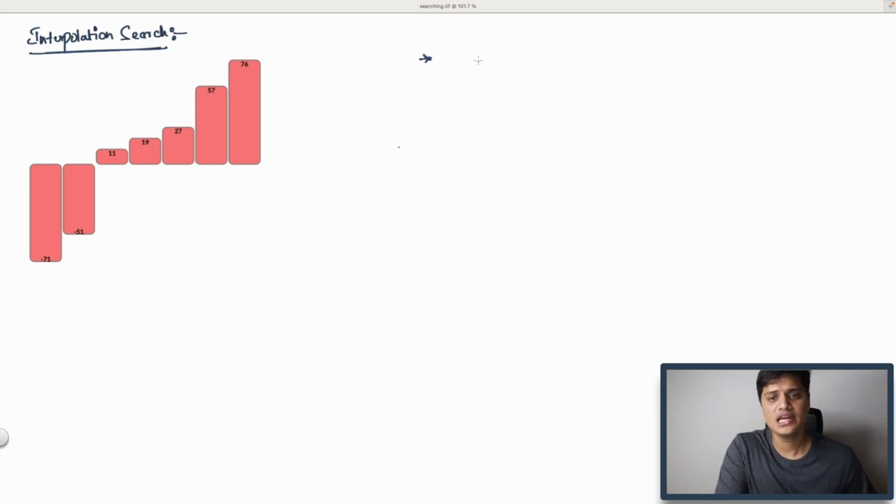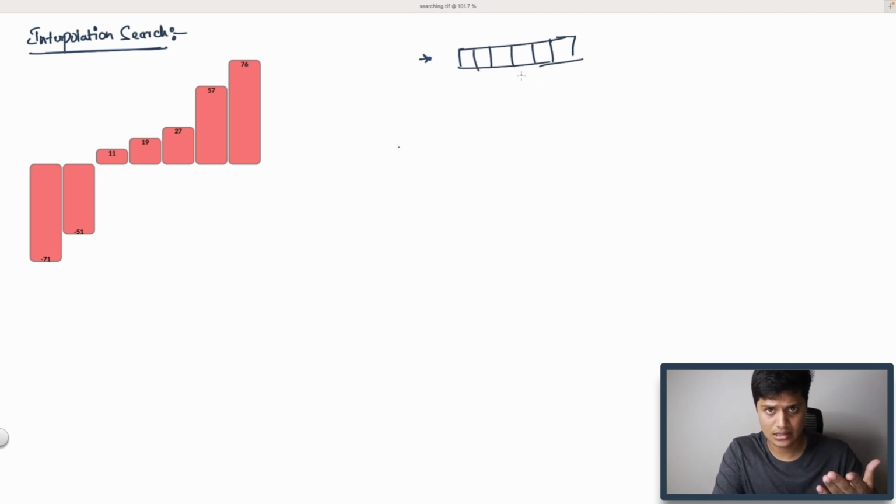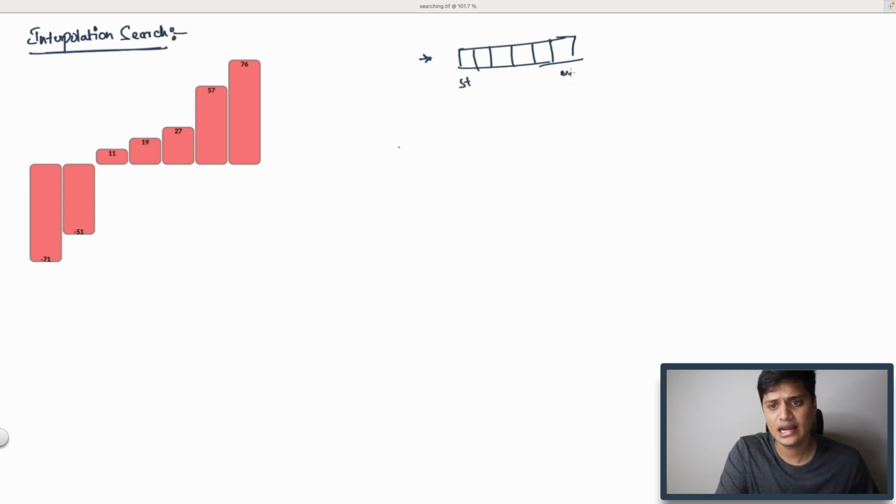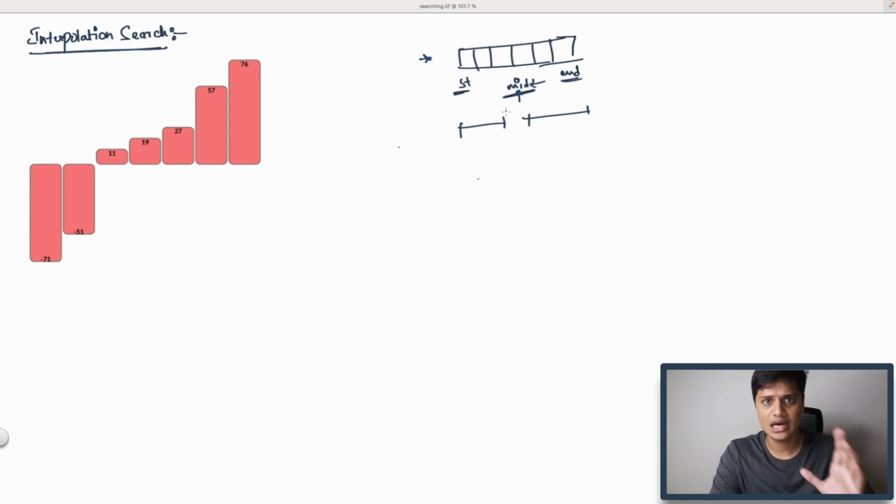In the case of binary search, we are given an array of values. In this array, we have some number of values, right? And based on the size of the array, we have the start index and end index. Based on these two values, we calculate the middle position. Based on this middle position, we either search on the left part of the array or on the right part, based on the nature of the value that we have in the middle index. This is the binary searching algorithm. How do we calculate middle? We simply calculate it as start plus end divided by 2,